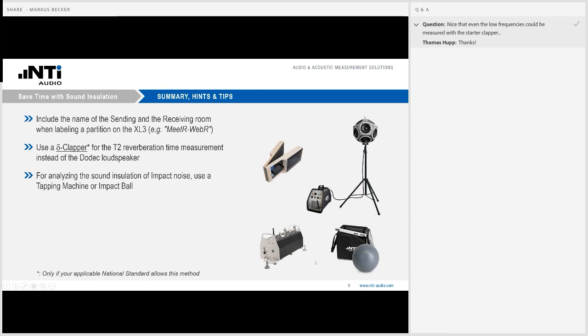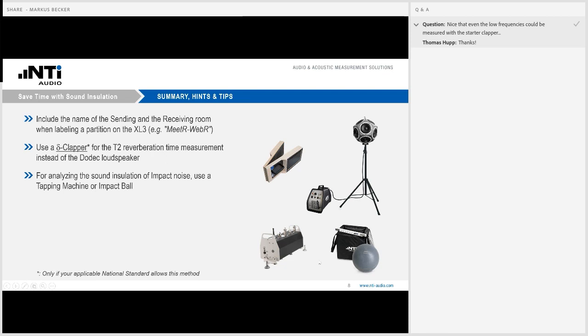The impact ball has the advantage it's easier to handle. You just have to drop it from 1 meter height to the floor in the room above the measurement instrument. It works very well in wooden buildings, for instance. If you are in a very solid, very well isolated concrete building, then it might not be enough to use the impact ball because the sound created by the impact ball is not coming through.